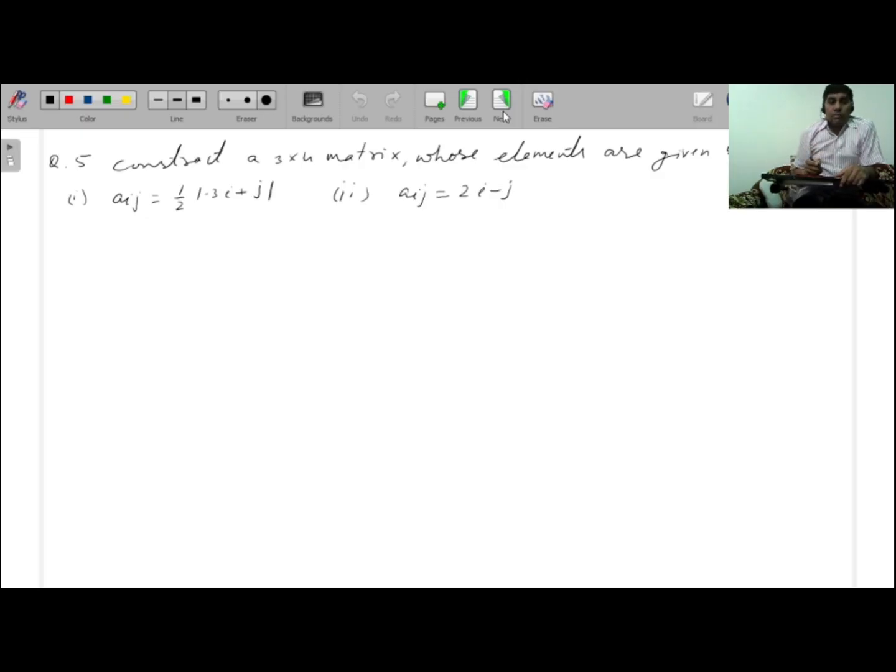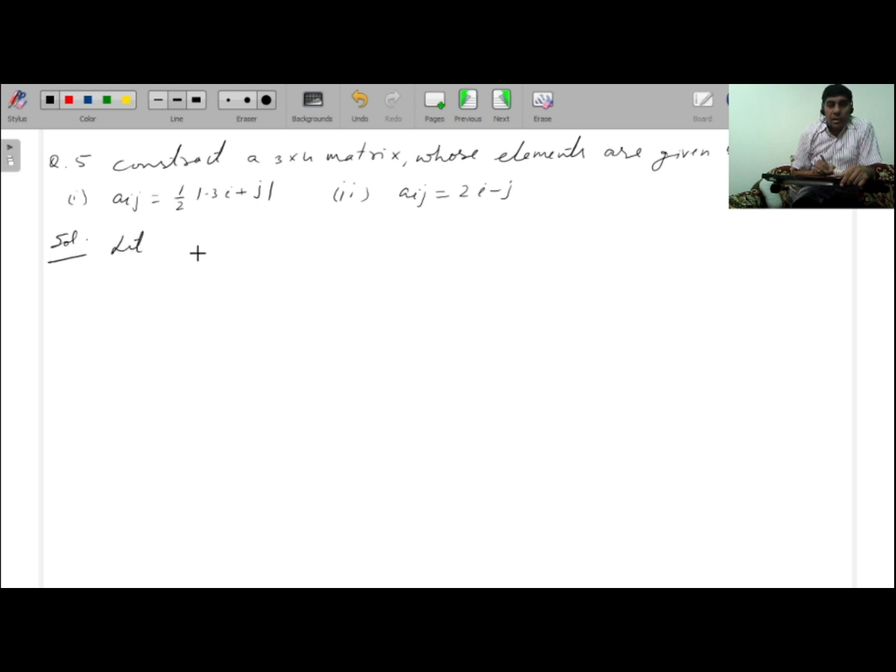In previous lecture we have discussed some questions of the exercise 3.1 and in today's lecture we will discuss the remaining questions of this exercise. Question number 5. Construct a 3 by 4 order matrix whose elements are given by,